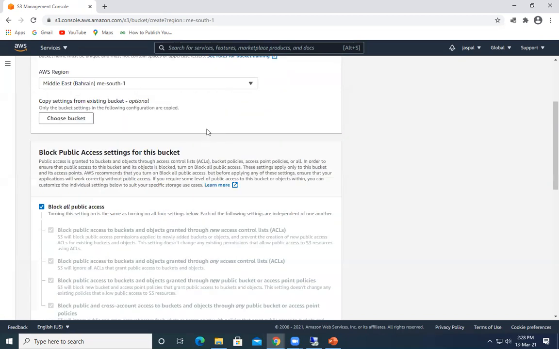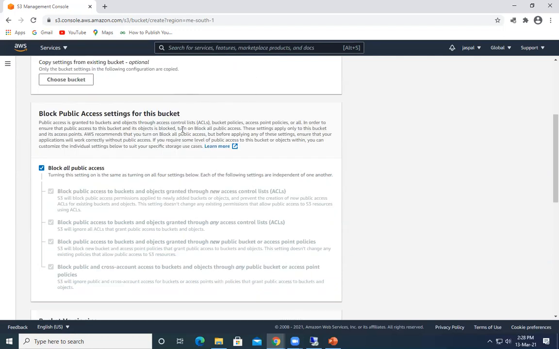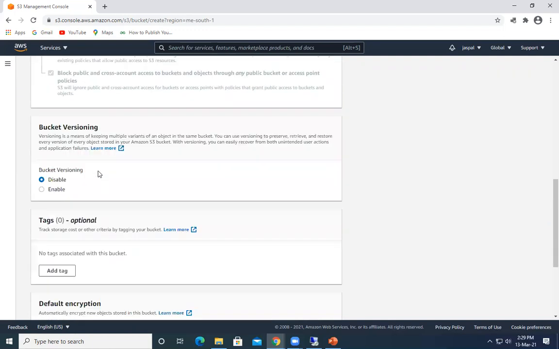Now here we can copy settings from an existing bucket, but I'm not copying now. That's an optional setting. By default, always remember, it will block public access for every piece of content that we place in the bucket. So by default, Block all public access is enabled. Next is bucket versioning. It is currently disabled.